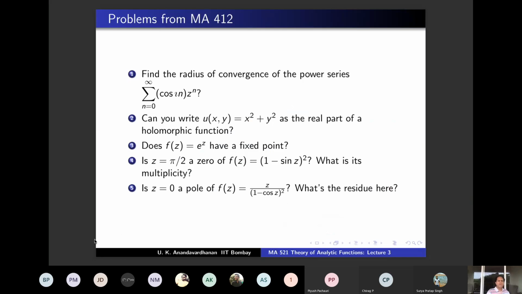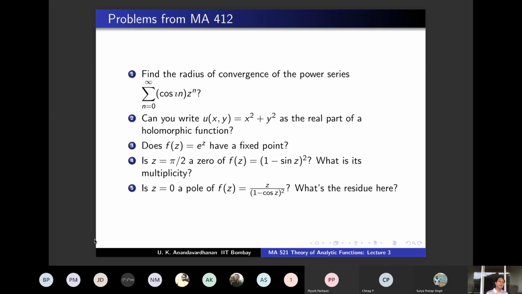So we have done question 3, question 2, question 1 we did last time, question 4 we did last time, question 5 maybe we haven't done. I think some of you have done, I know that, but others please do. It's a simple computation using your 412. Z equal to 0 is a pole. You tell me of what order and what is the residue. Okay, so I'll ask you on WhatsApp.